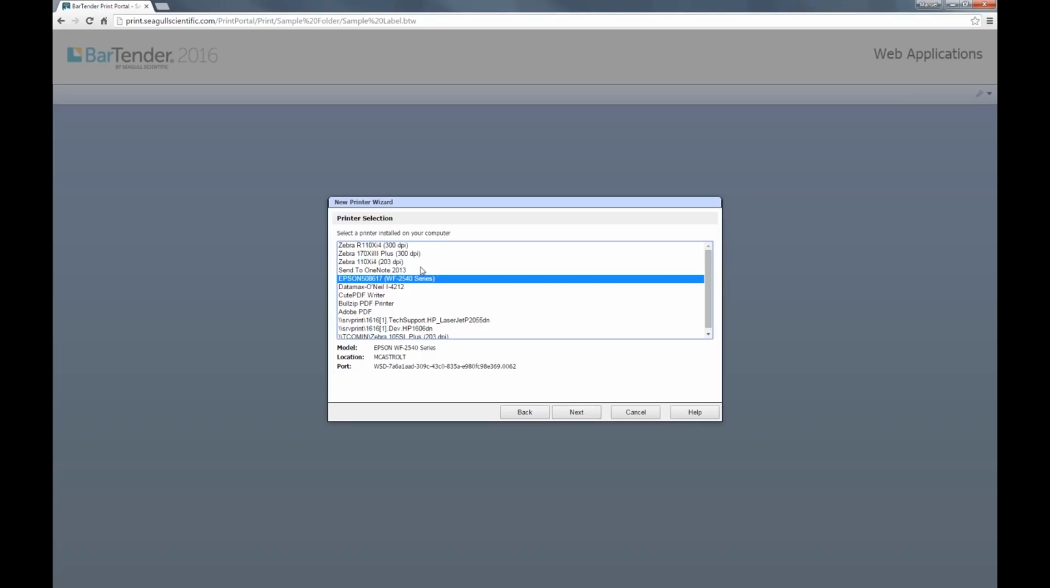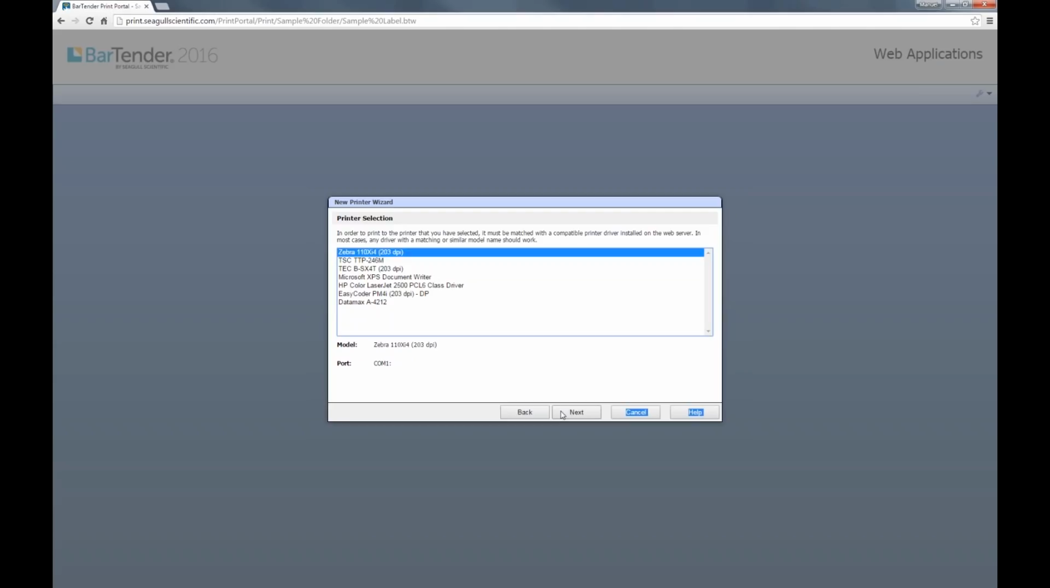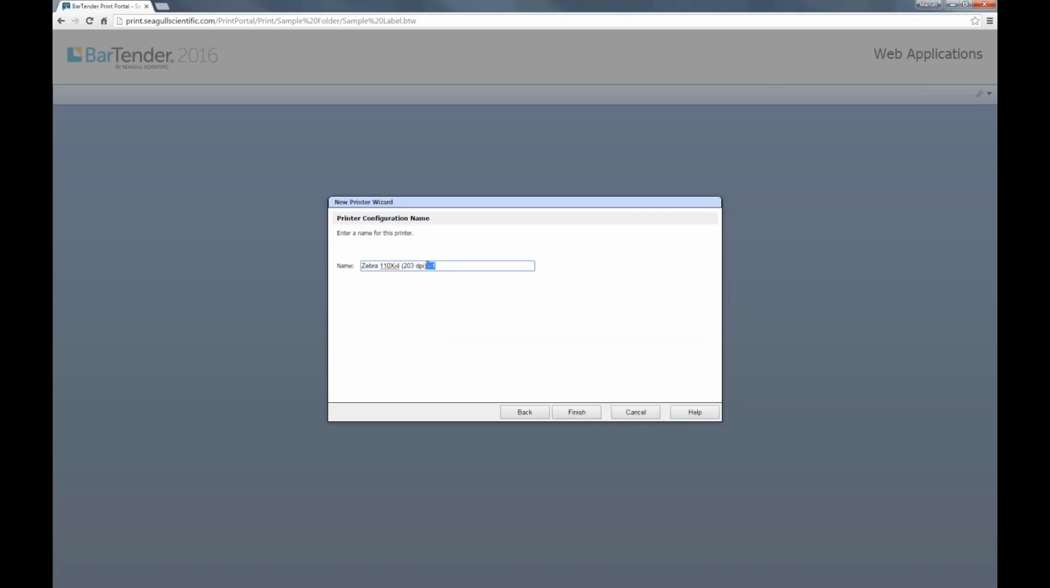So let's select what printer we need. This is a Zebra 110Xi 203 DPI, located here on my local machine. Then we have to link that to whatever driver coincides with it on the server side. What we see here now is not what's on my local machine, but what's on the server. I need to match two compatible drivers so that we get our print job out successfully. So that's the one that matches. We can go ahead and hit next,